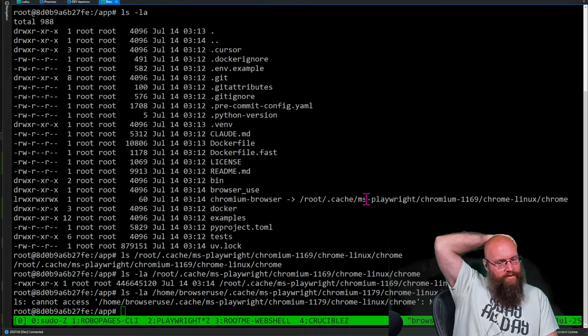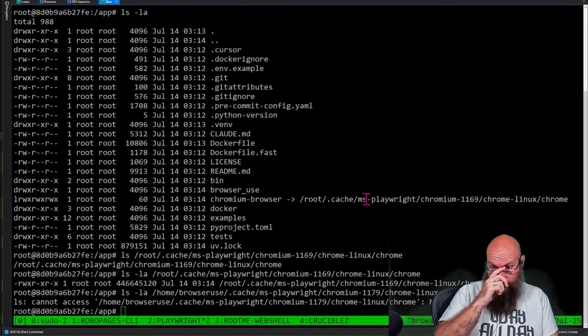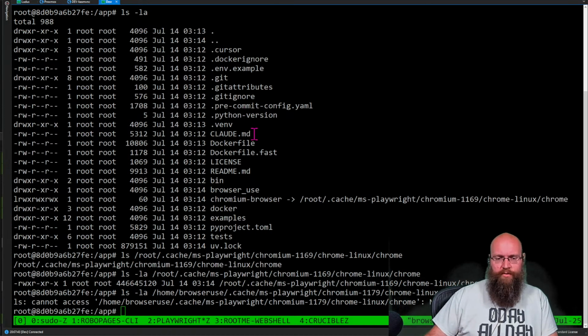Yeah, so that one's non-existent because it's trying to install it as root, but also trying to get it from browser use. So we still have some more work to do in the Docker file.